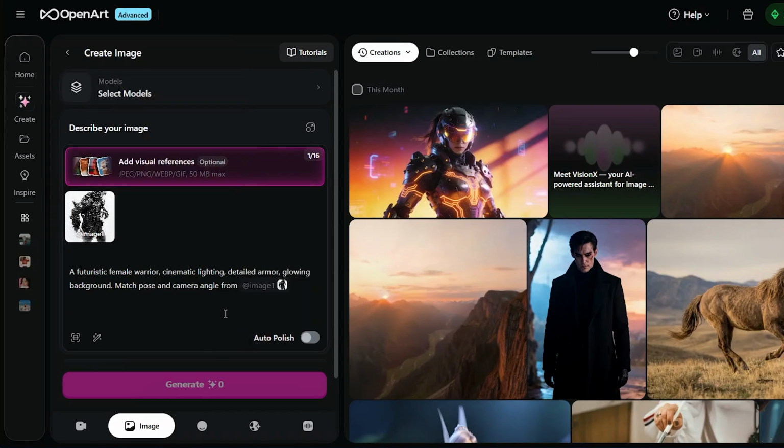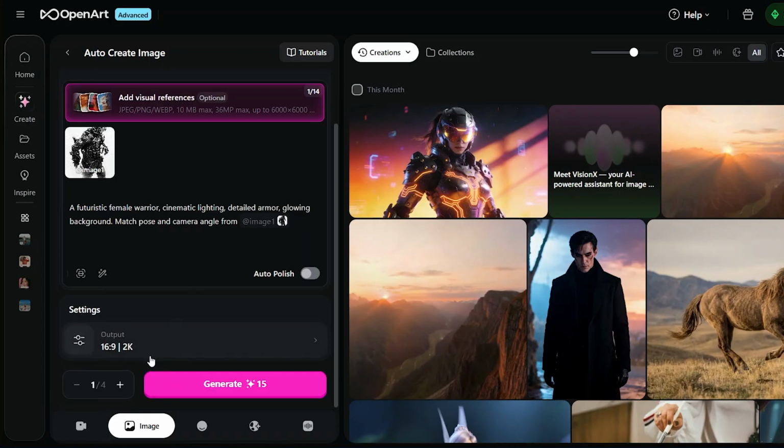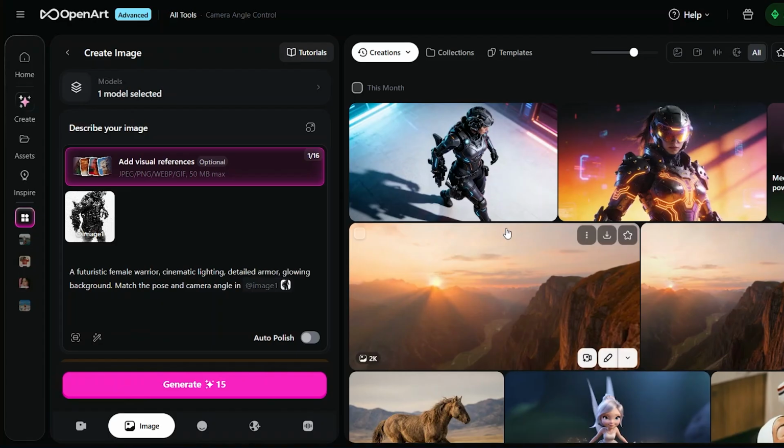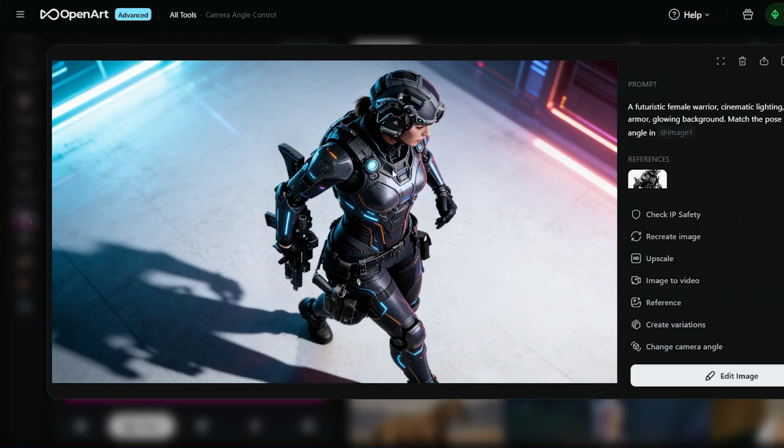image. So then let's go ahead, and the model is auto, and go down here, check your settings, click on generate, and there we go. Now our image is generated, and let me just open it up and show you. And this is how it looks up close. So it's really detailed, and you can see how the camera angle is exactly how we have in the reference image. And then